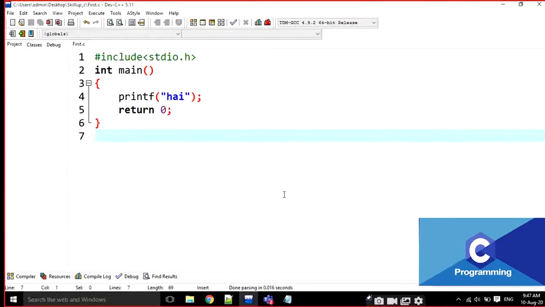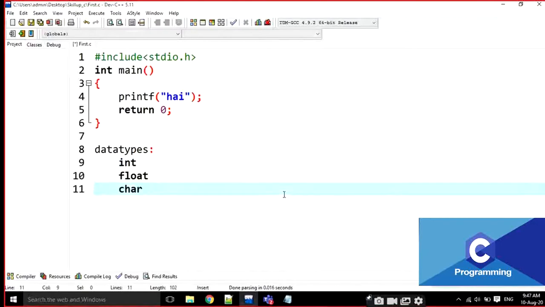The basic data types in the C programming language are int, float and char. Write them down, everyone. These are called the core data types in any programming language: int, float and char.